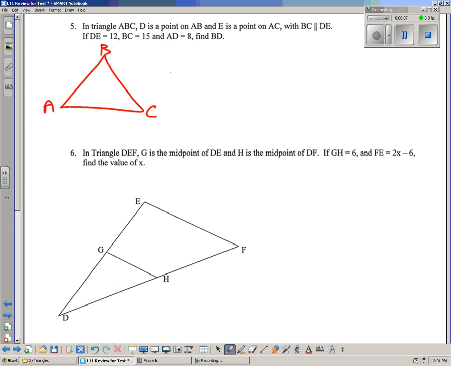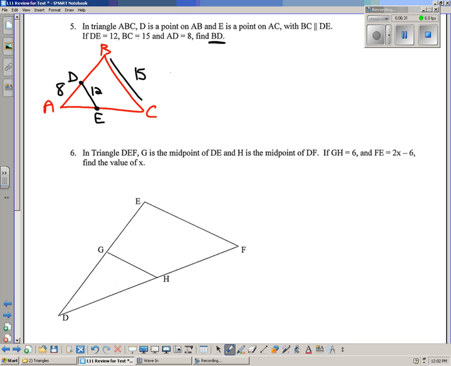D is a point on AB. I can put that anywhere I like. And E is a point on AC so that BC, this line segment here, is going to be parallel. So I'm going to draw a parallel line segment, and that would help us figure out where E is. Now it says if DE is 12, BC is 15, and AD is 8, they would like us to find